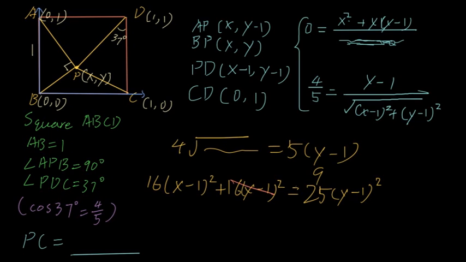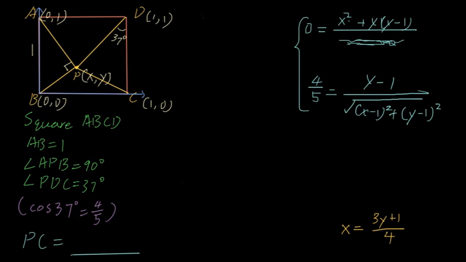9 times y minus 1 squared. Square root both sides, and we have 4x minus 4 is equal to 3y minus 3. X is equal to (3y plus 1) over 4. And now we've completed the solving of angle PDC, and we still have one thing up here. So x squared is